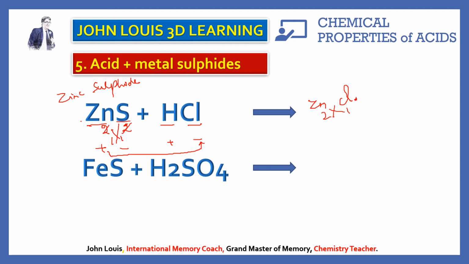What is that? Zinc, and the negative ion of hydrochloric acid is chloride. Zinc valency 2, chloride valency 1. Therefore, if you interchange, you will get ZnCl2 plus, and the positive ion of the second compound is hydrogen. The negative ion of the first compound is sulfide. Now these two will combine, hydrogen valency 1, sulfide valency 2, therefore we get H2S. So here we are getting ZnCl2 plus hydrogen sulfide gas. It undergoes double displacement reaction because both are compounds, zinc sulfide plus hydrochloric acid. And now you can guess the second one on your own.